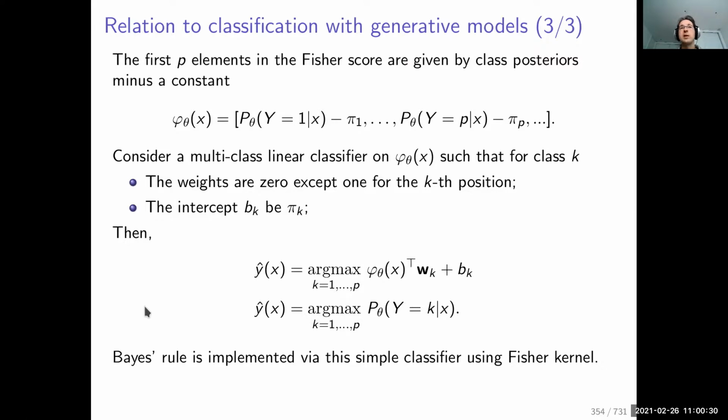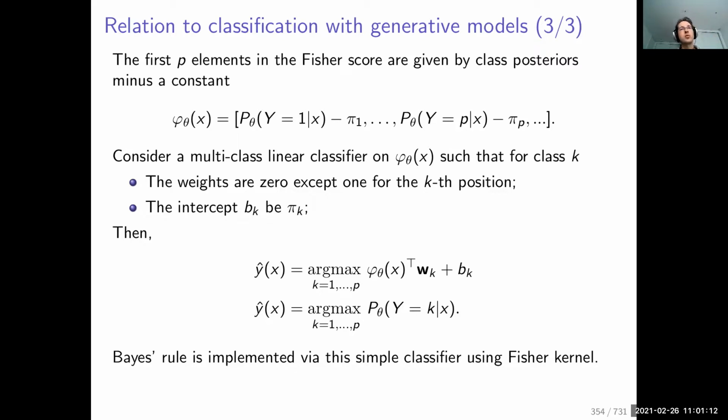So what does it mean? It means that if you use the Fisher kernel, because even if you have the inverse square root of the Fisher information matrix, what I'm saying here is still true, among the classifiers that are using the kernel embedding, there is one which implements simply Bayes rule. And then, of course, if now you are trying to optimize this classifier using the kernel embedding using data, you are going to do something that is more clever. I think I can simply give you the intuition by this slide.